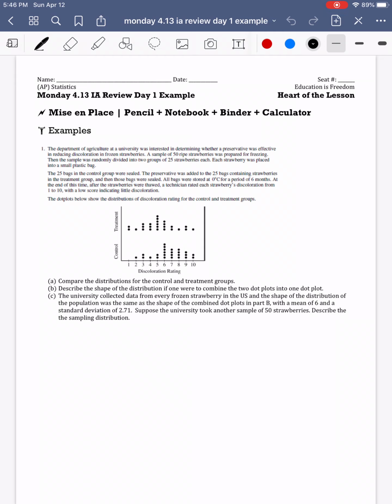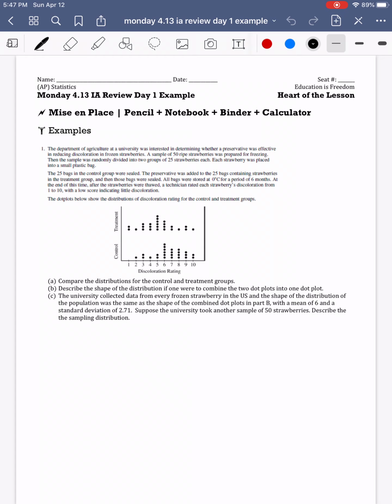So we're going to start reviewing for our IA. That'll be on Friday morning. This is going to be some examples of FRQs that are totally fair game for your IA, even the AP exam. So please make sure you take good notes through this